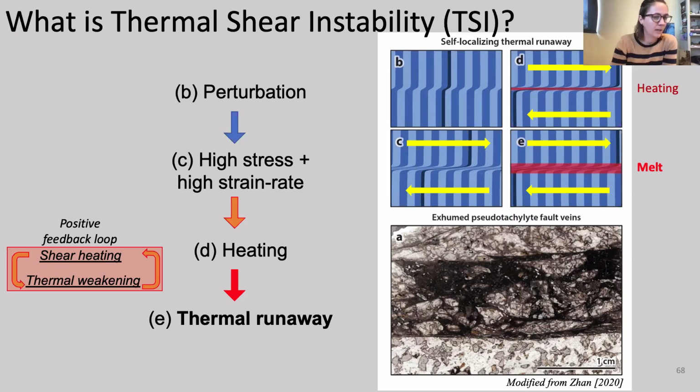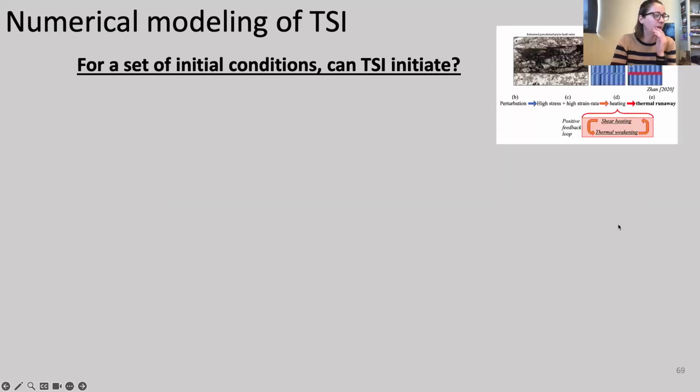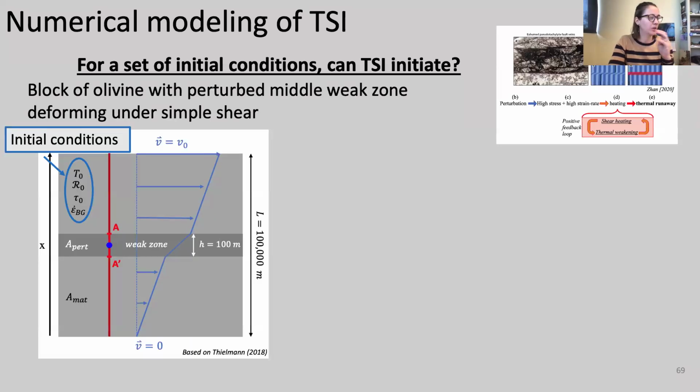there. And so, excuse me, with numerical modeling, we can investigate this question of if we have a given set of conditions for one of these blocks of rocks here, can thermal shear instability initiate? So I'm not going to go into the big details of this model, but this is a model developed to look at shallow or deep earthquakes by Marcel Thielmann. But what he set up is basically a block of olivine here that has a weak zone already set up in the middle where our deformation is going to localize, prescribe initial conditions, so temperature, grain size, stress, strain rates,